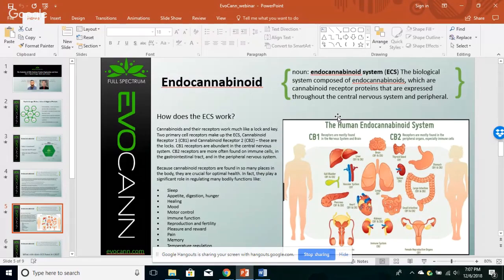These are, again, like that first slide that I showed you, the endocannabinoid system, along with the CB1 and CB2 receptors. You can see them on all the different organs. So let's examine that a little bit more in detail. So why was it that one of the clients that was sitting in the infused bath salt noticed that her menopause and her hot flashes had been dealt with? So apparently she absorbed enough CBD into the body where it was absorbed into the bloodstream and it made its way